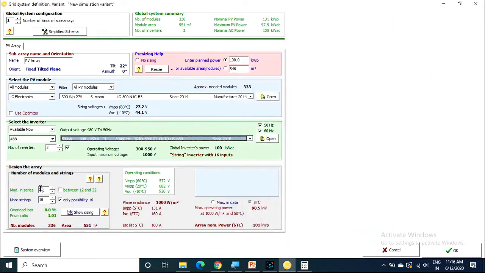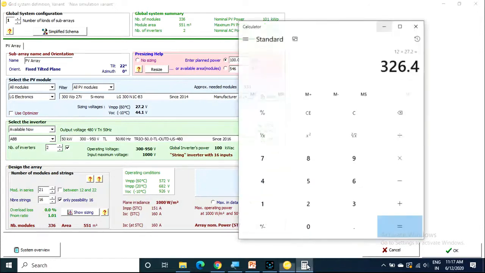Now, how many number of modules are required? 16 into 21 will give 336 modules required to meet this nominal power. So you can check 336 into 300.